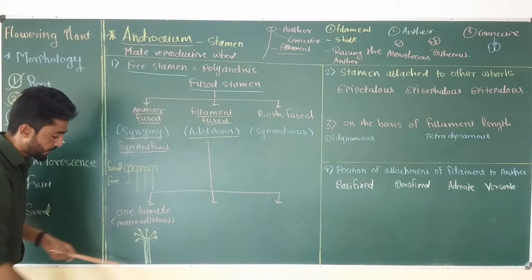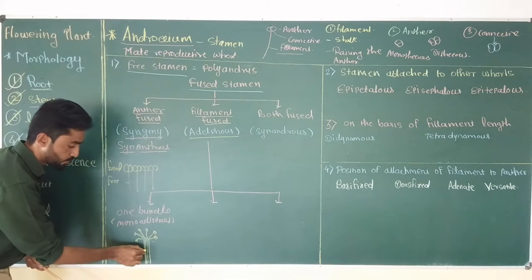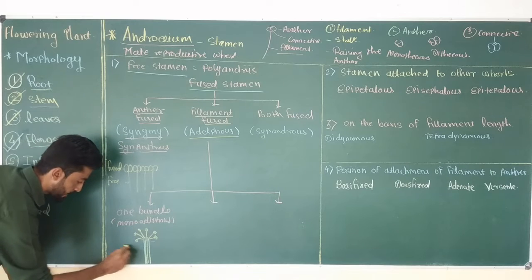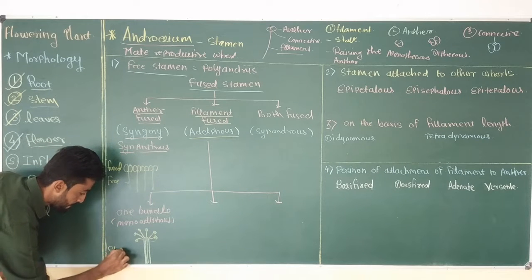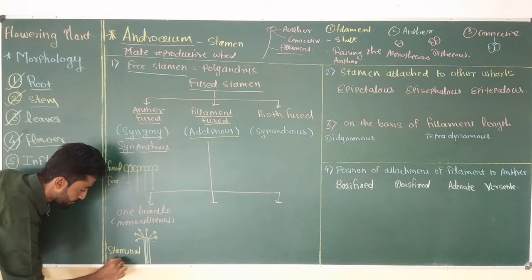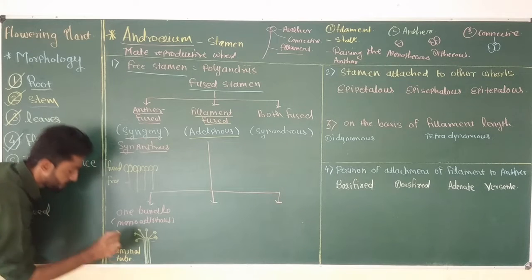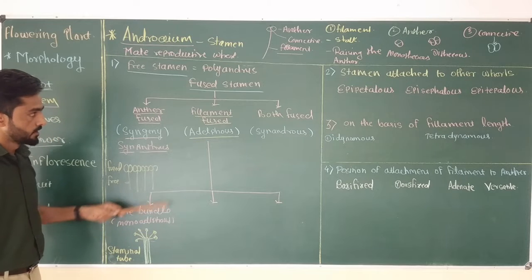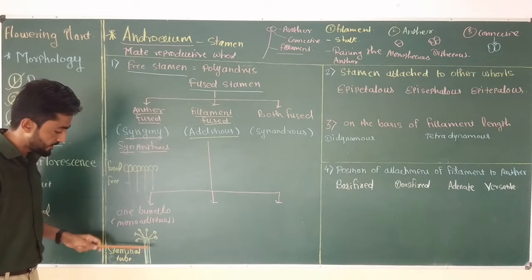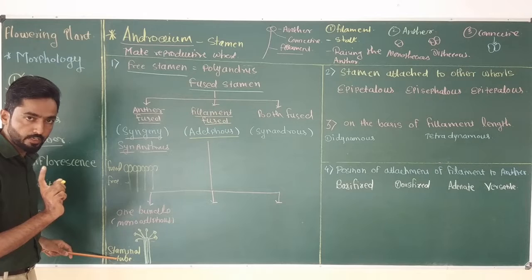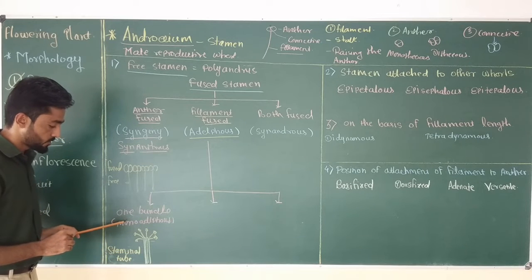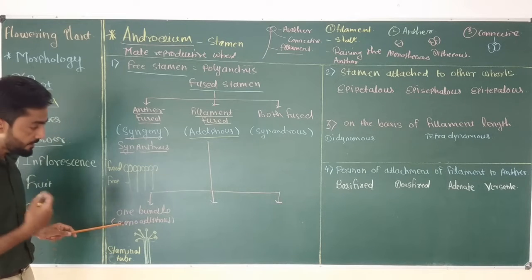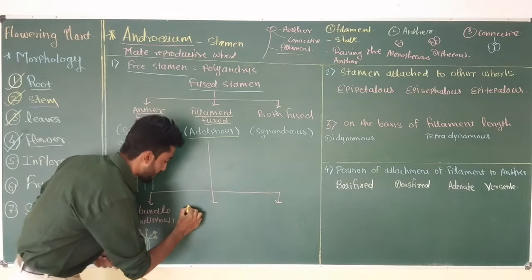This bundle of the filament which is produced due to fusion is also called the staminal tube. And you can see the anthers are free from one another, so it is called adelphous condition. And a single bundle is produced, that is, a single staminal tube is present in the flower, so it is called monoadelphous condition. If two bundles are produced,